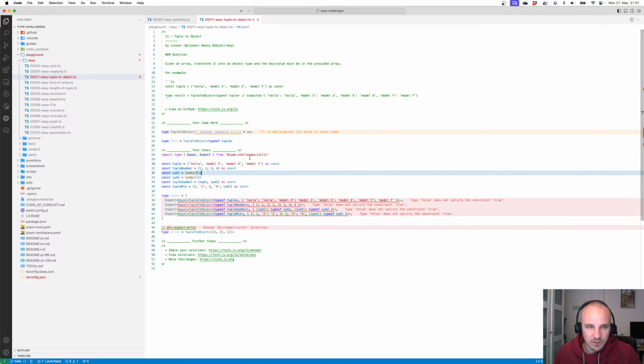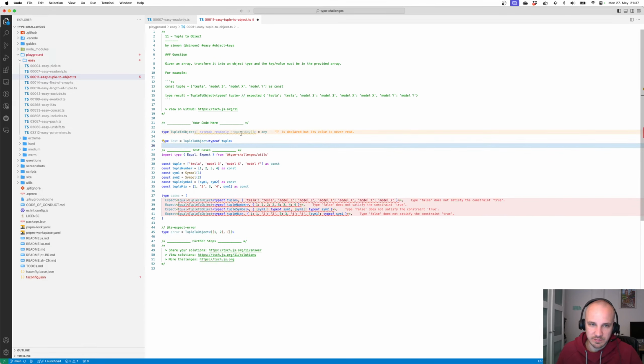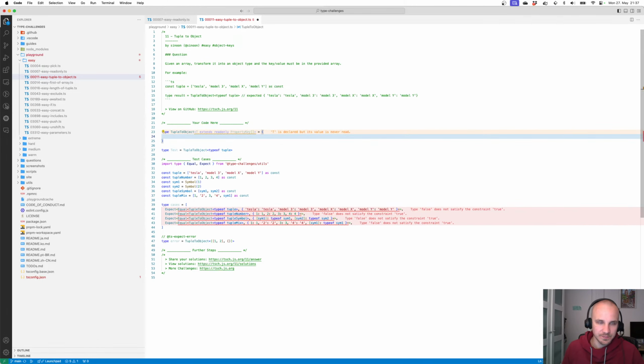First of all, we're gonna constrain the tuple that we pass in not to any array, but to property key array, which is a built-in type that's a union of string, number, and symbol, so everything that can be used as a property key for an object. And then we create a map type and say, all right, we want all the keys in T of number,